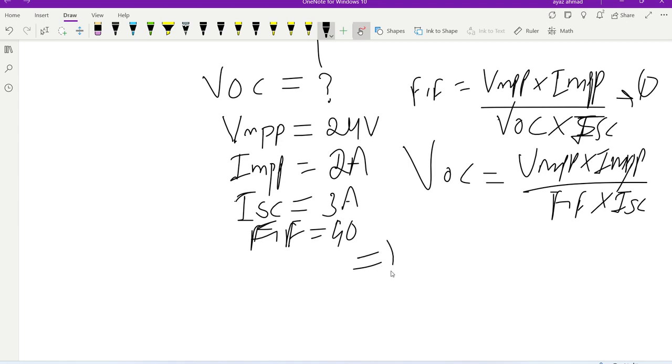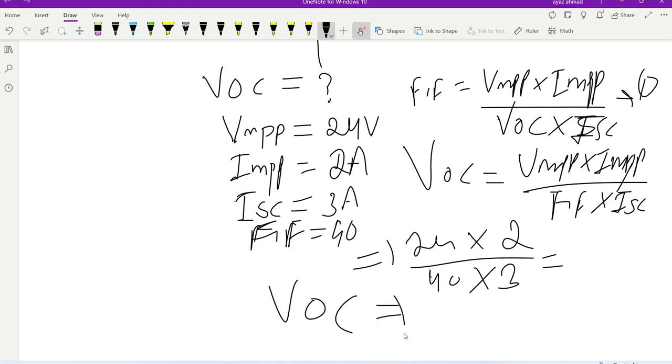So VMPP, for example 24 volt, multiplied by 2, divided by 40 multiplied by ISC, which is 3. So finally VOC will come out: 24 multiplied by 2 divided by 40 multiplied by 3. So it is equal to